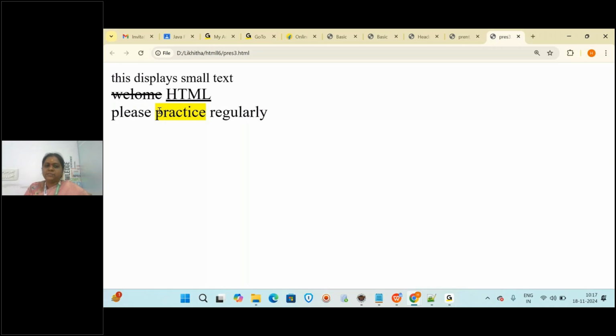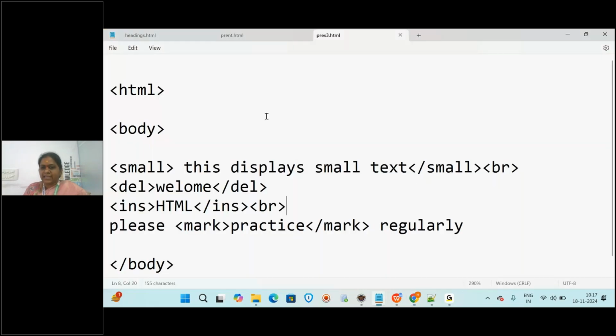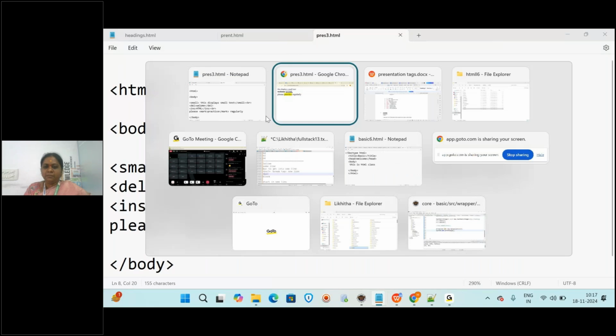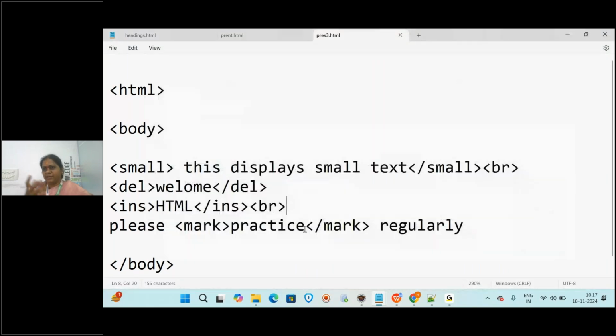So, please practice regularly. I want to highlight that practice, so what I did now is I have written that practice in the mark tag. Clear? From the beginning it's the same thing: whatever style you want to apply, right between opening and closing, that's it.